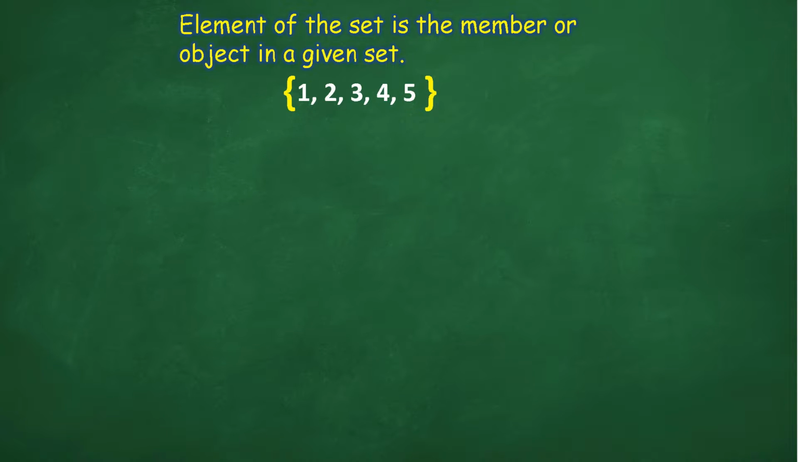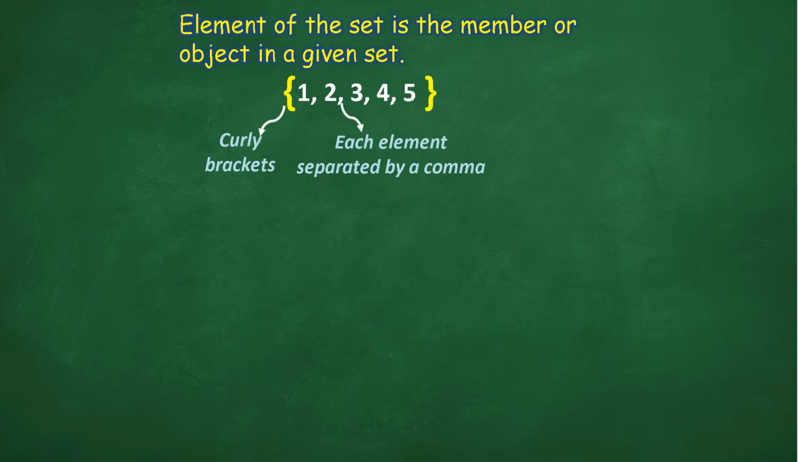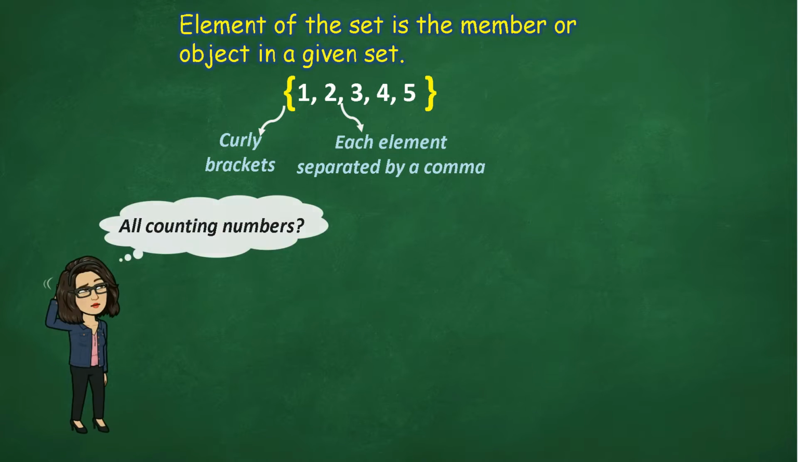The elements of the set are written by enclosing in curly brackets, and each element is separated by a comma. Can we write all the elements of the set of counting numbers? Hindi natin kayang ilista o isulat ang lahat ng elements ng counting numbers because the set of counting numbers is